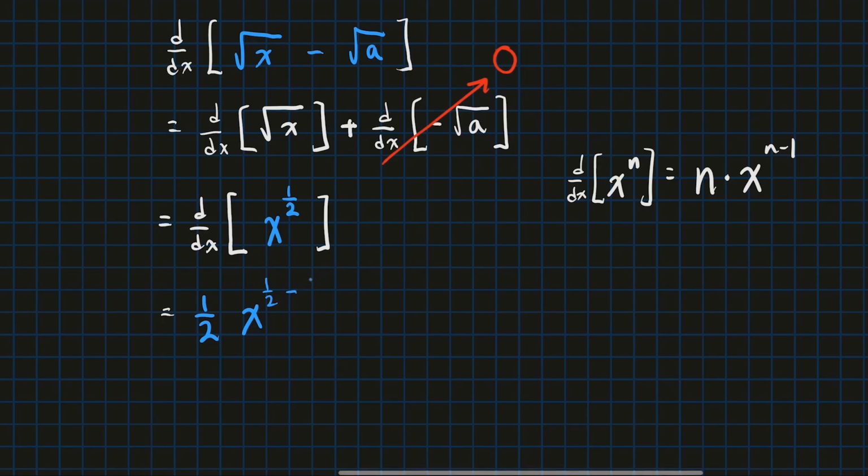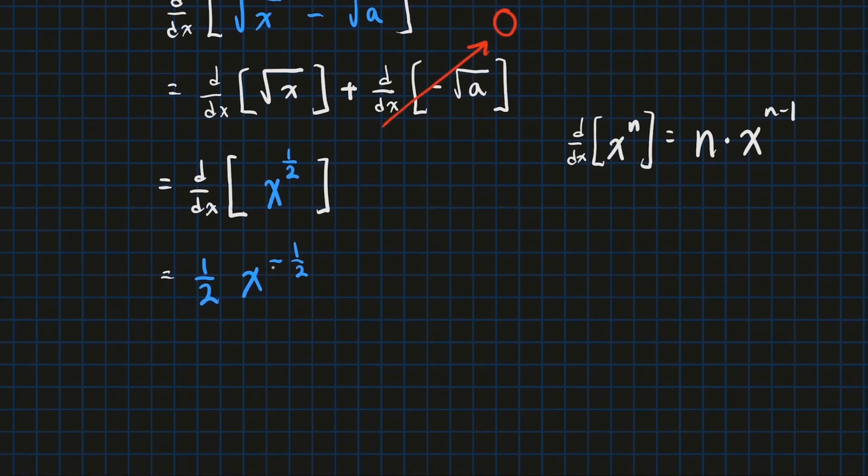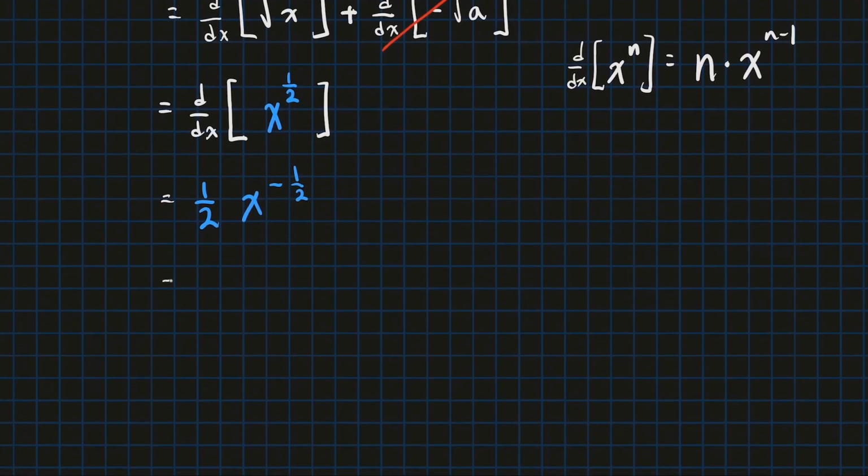What is 1/2 minus 1? Well, you can think of it as 1/2 minus 2 over 2. Look at the numerators, 1 minus 2 is -1. So what's 1/2 minus 2 over 2? It is simply -1/2. So I just did 1/2 minus 1, and 1 is the same thing as 2 over 2. Alright, this would be a lot more useful if we put this into the fraction form. How do we put it into the fraction form? Well, this negative tells us that x to the 1/2 belongs in the denominator. So really, what we have here is 1/2 times 1 over x to the 1/2,